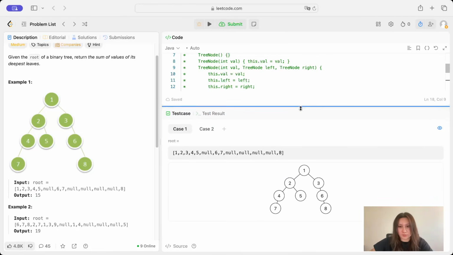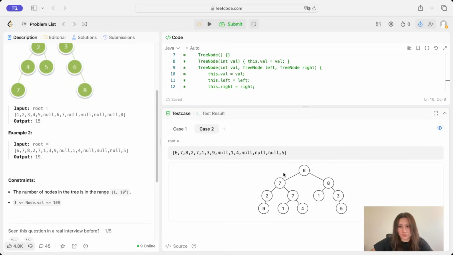And then in example 2, we're given this tree and we would return 19 because the deepest leaves in this tree are 9, 1, 4, and 5. And so if we add up all these values, we would get 19, which is what we would return in